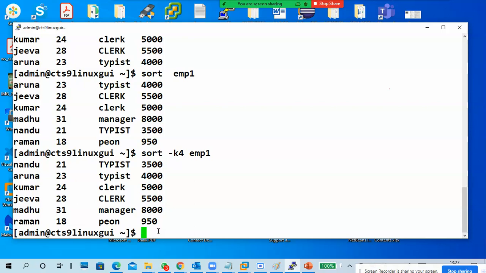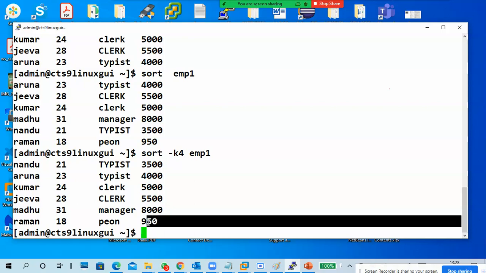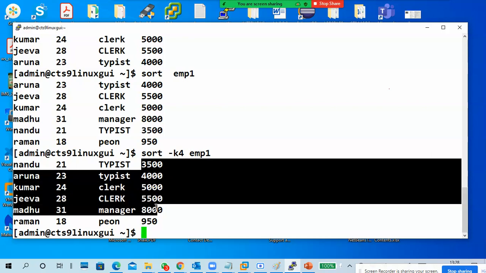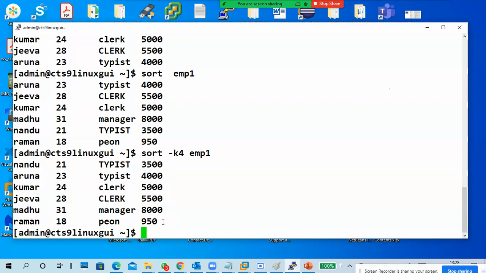Only the first digits. Yes, very good. 950 is a smaller number than 3500, so it should be on top, but it is at the bottom. This sort only understands alphabetical order, 1 2 3 4 only, not the value of the number.